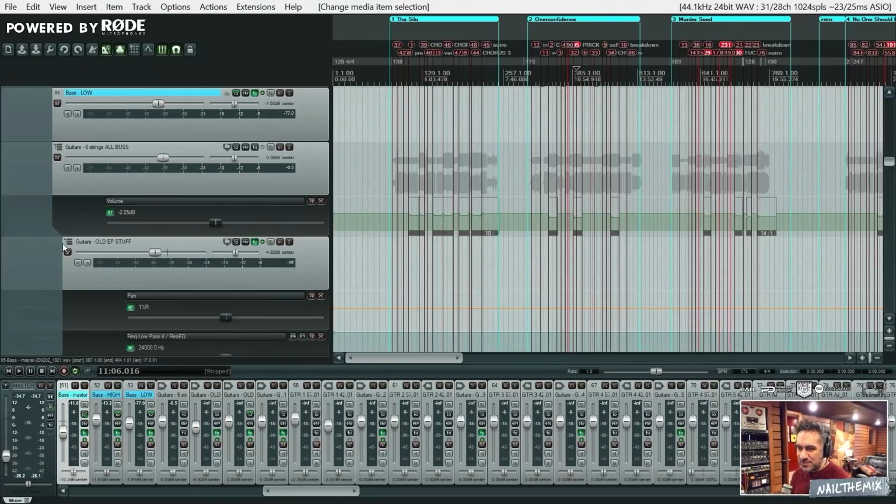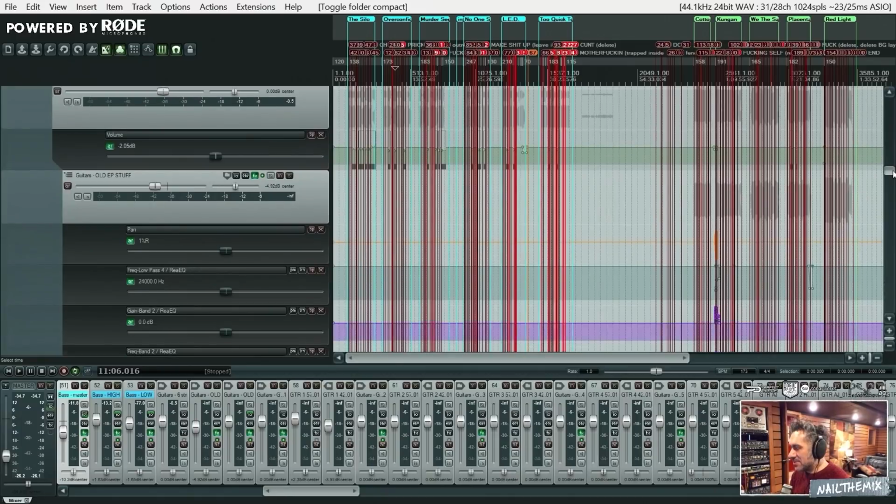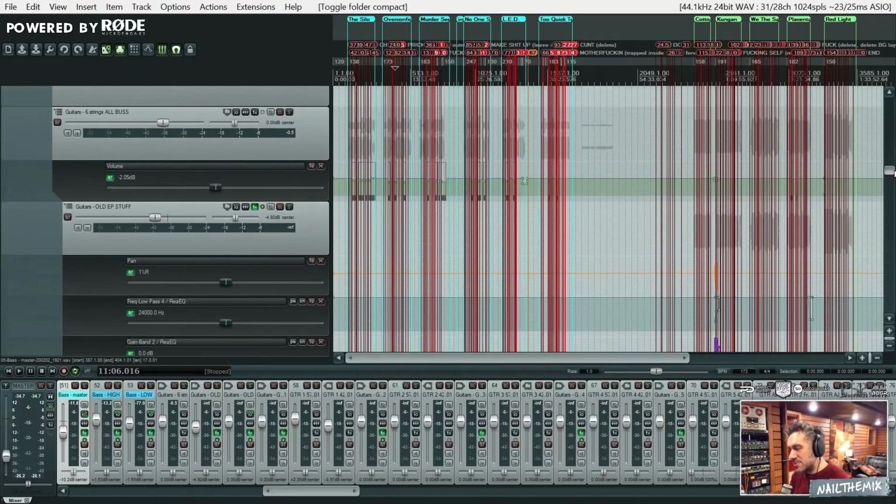Old EP stuff. So I kept a lot of the old EP stuff, and that was done. I'm not sure how they recorded that, if that was live amps or what it was exactly, but there were some strange decisions in terms of center guitars. I tried to ask them and figure it out, but they had a different guitarist in the band at the time. So there's a whole different set of circumstances with their old EP that I would have done definitely differently. Like center guitars that all they end up doing is maybe clouding your vocal, but you only have one, and it's a crucial part of the song. So trying to figure out where you're supposed to pan those things,